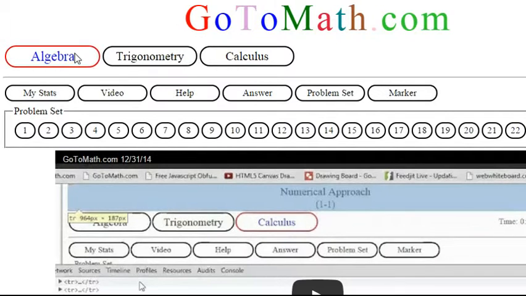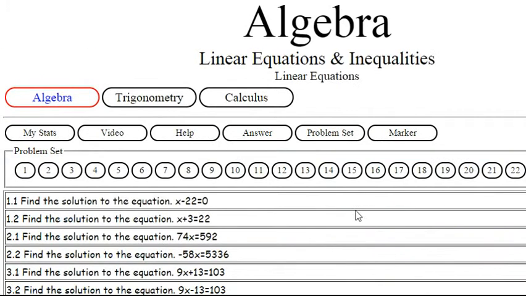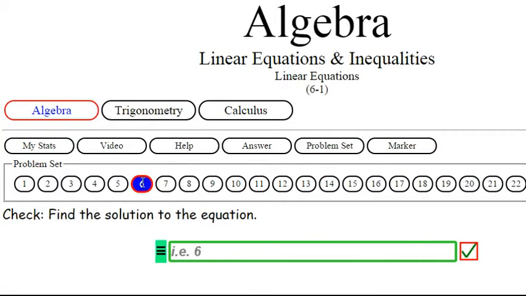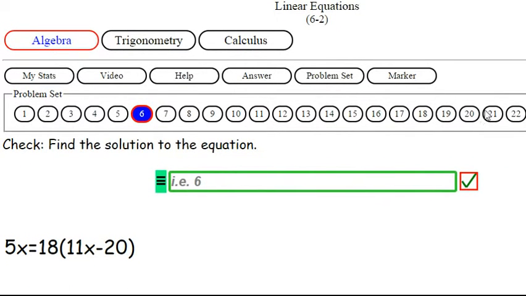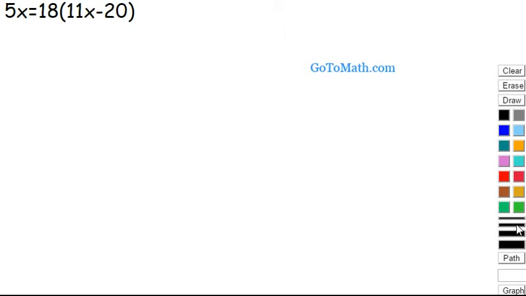Okay, we're here at gotomath.com. About to fall asleep. Let's do linear equations. I think that's what we're working on. And 6.2. Let's click on that and get that to come up. There it is. All right. Click on the marker board. We'll go down here. All right, so we have 5x. We'll just keep it in black. How's that? Is equal to 18